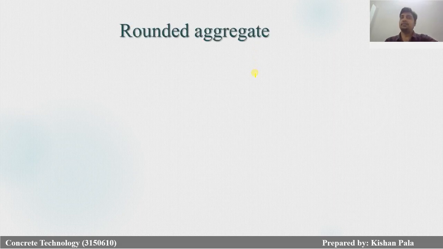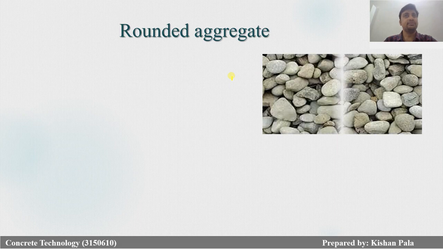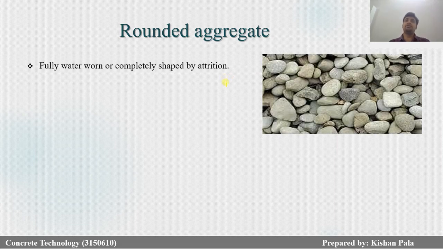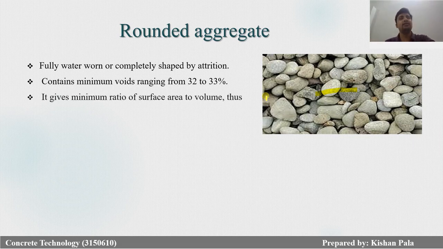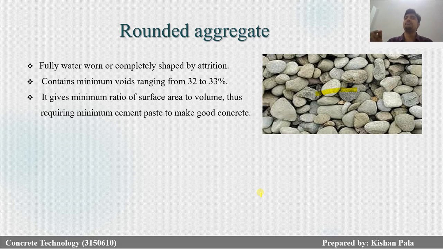So let us understand in detail rounded aggregate. Rounded aggregate is fully water worn and completely shaped by attrition. You can see in the photo. These are the rounded aggregates and contain minimum voids, from 32 to 33 percent, and it gives the minimum ratio of surface area to volume, thus requiring minimum cement paste to make good concrete. It requires minimum cement paste because the void ratio is low,